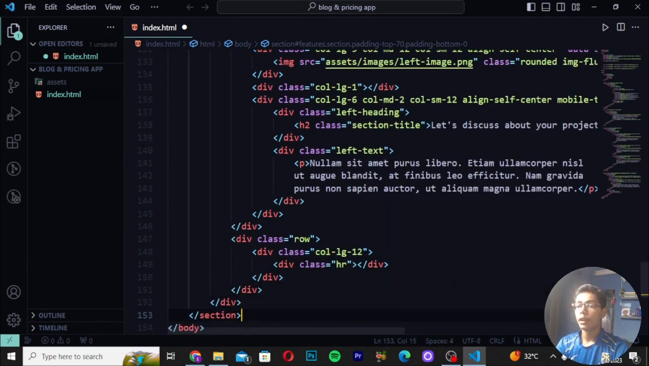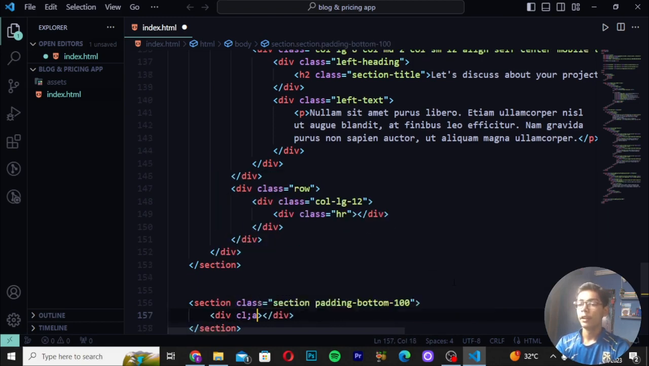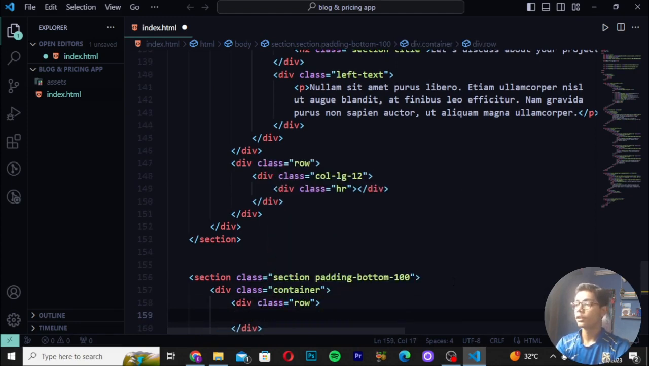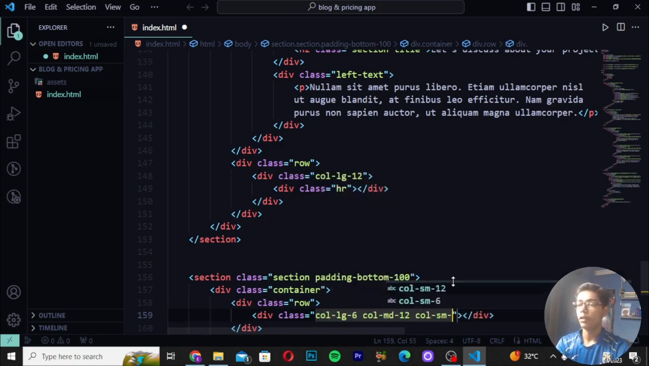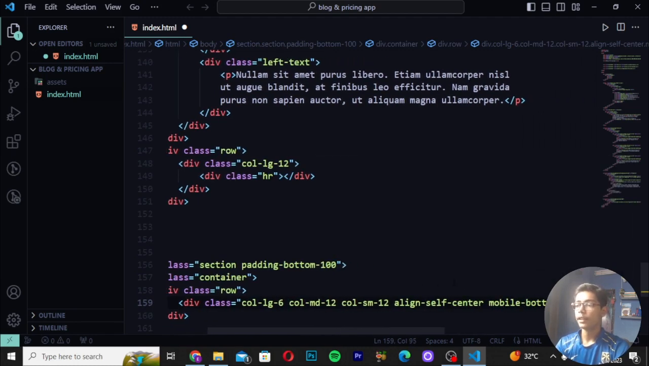Now just you have to move down after section tag which we have created, another section tag which will be having the section padding bottom, and I will be now writing here this time 100. Write here div class as container, then write here div class as row. Now you have to just write here div class as col-lg-6, and write here col-md-12, and write here col-sm-12, align self center, move down, but before that you have to just create here mobile bottom fix, which is another